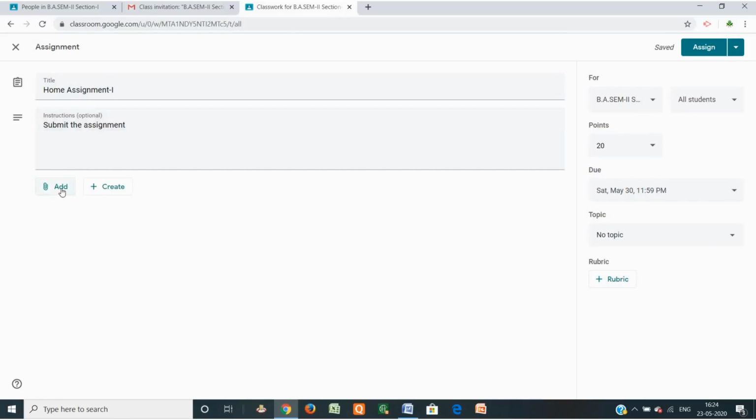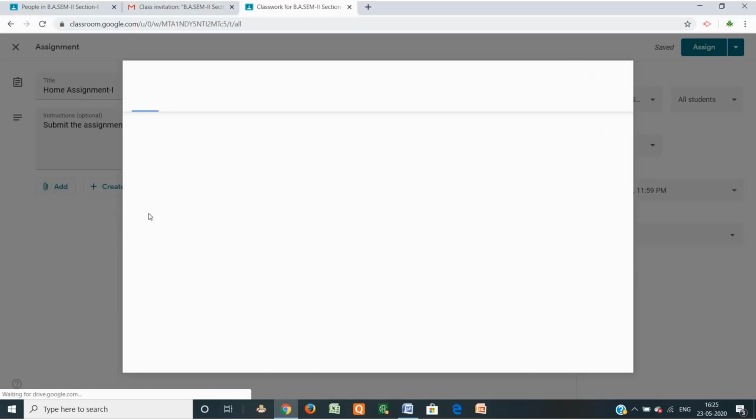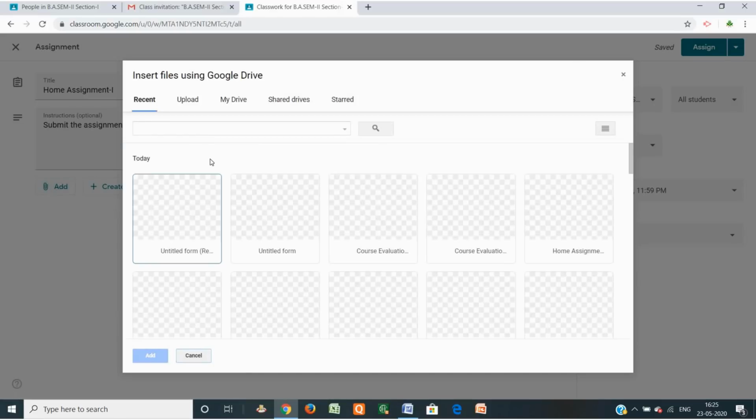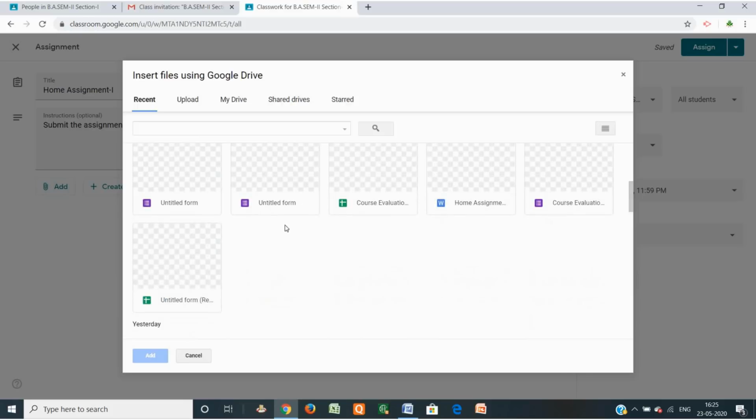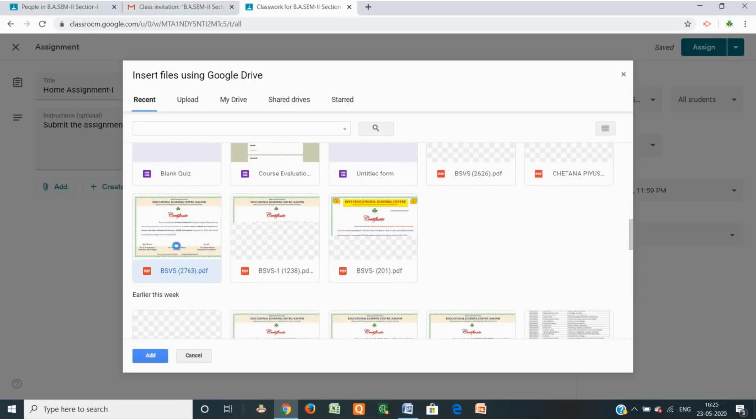So just go to Add. There are four different ways to add the assignment. One is from Google Drive. Suppose your assignment, a Word file or PDF file, is available in Google Drive, you just click on Google Drive, go into Google Drive and upload the assignment.